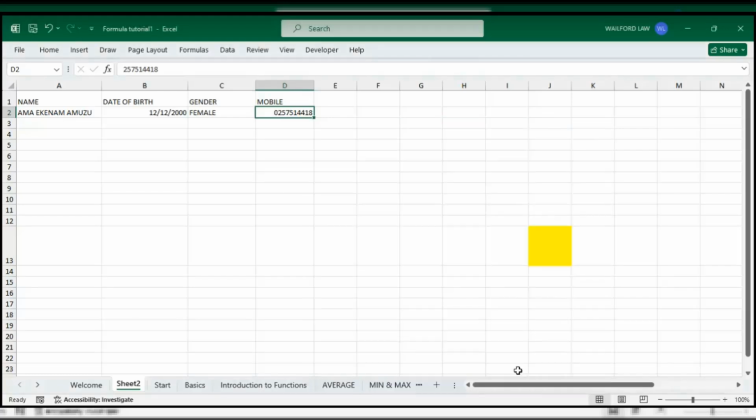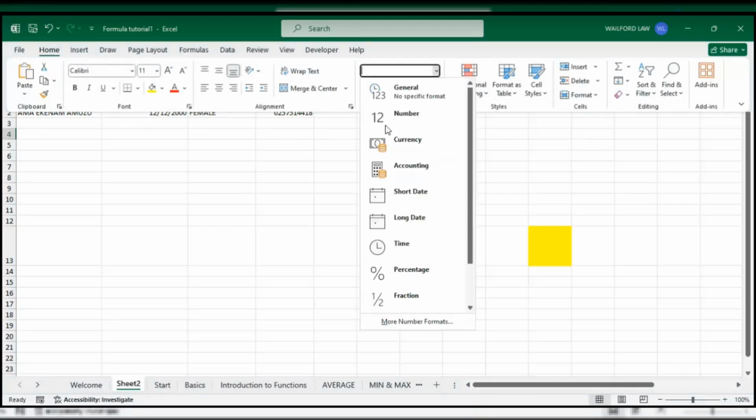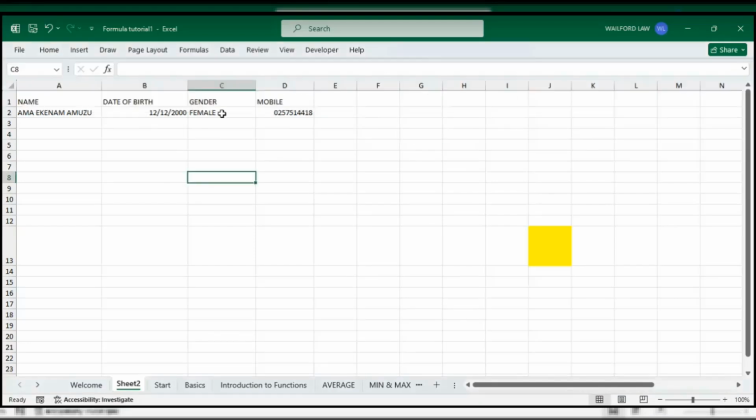When you do it, you will see that your number is now showing as the correct number, which has the 0, 2, 5, and so on and so forth. Good. We are still on the home tab. That is the general. Now, if you come to the gender,